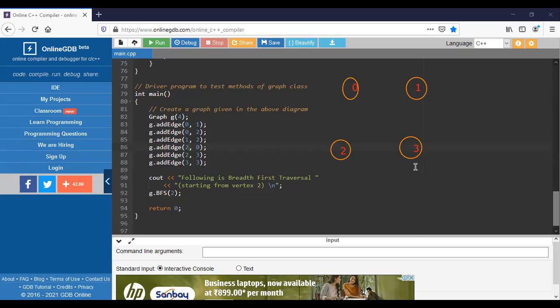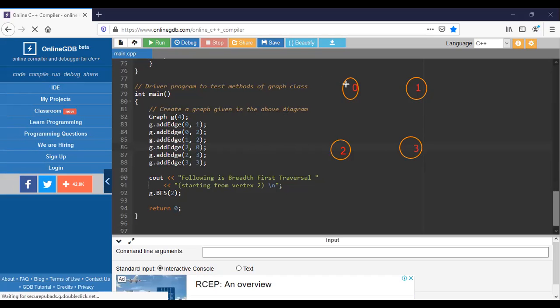3. Okay. And what are the edges in this program? Add the edge from 0 to 1. Okay. Add the edge from 0 to vertex 2. Add the edge from 1 to 2. Okay.